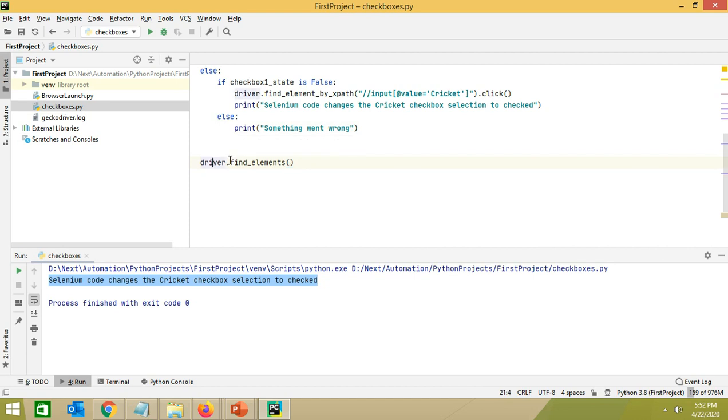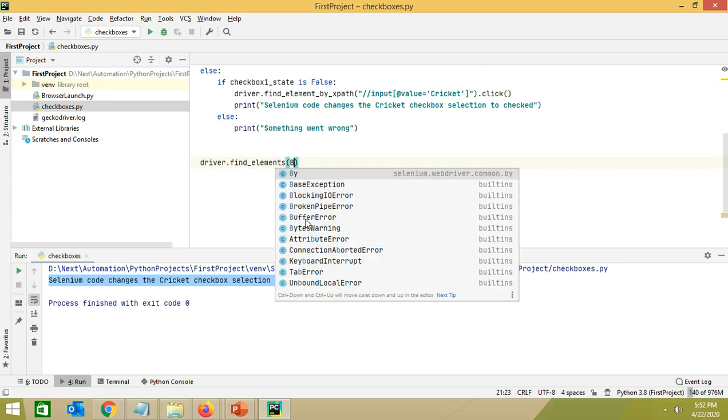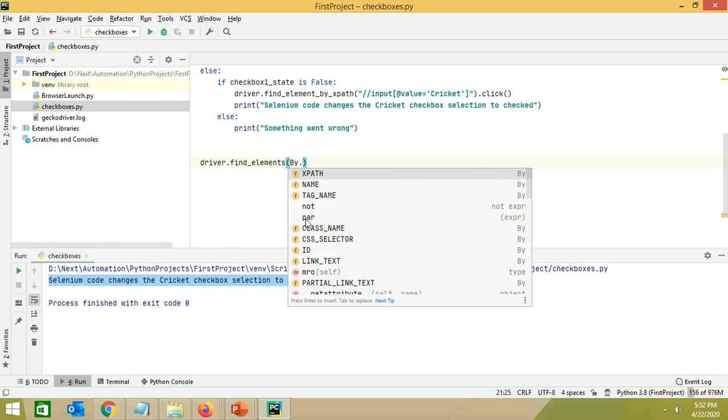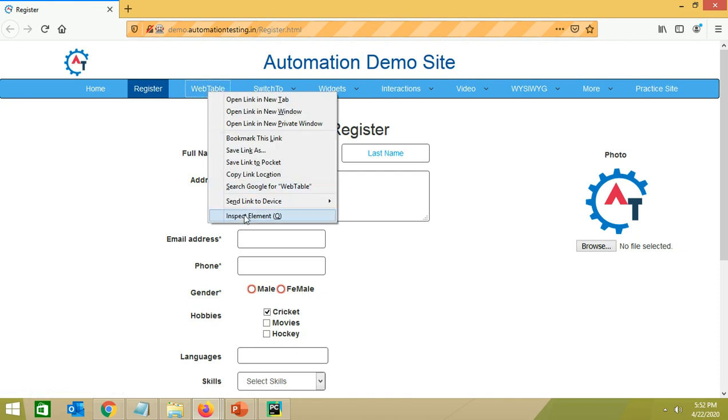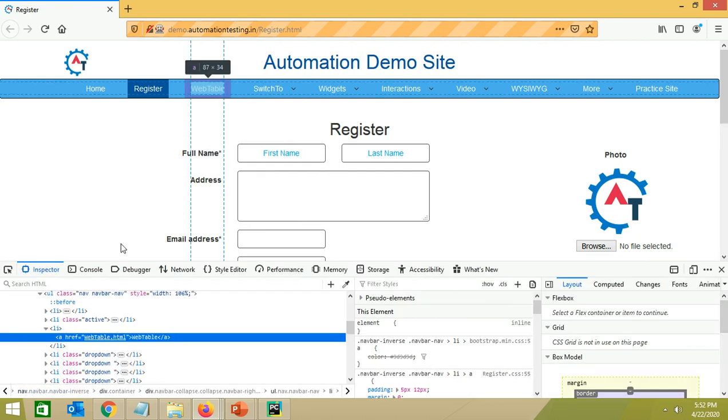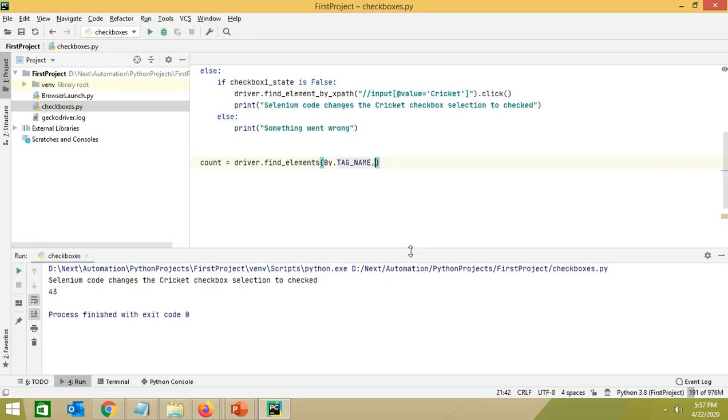For that I'll use find_elements because the number of elements is more than one, and here I'll use By.TAG_NAME because for every link there is a tag name called A. Okay, and mention the tag name here, which is A, and I have kept this value in a variable called count.